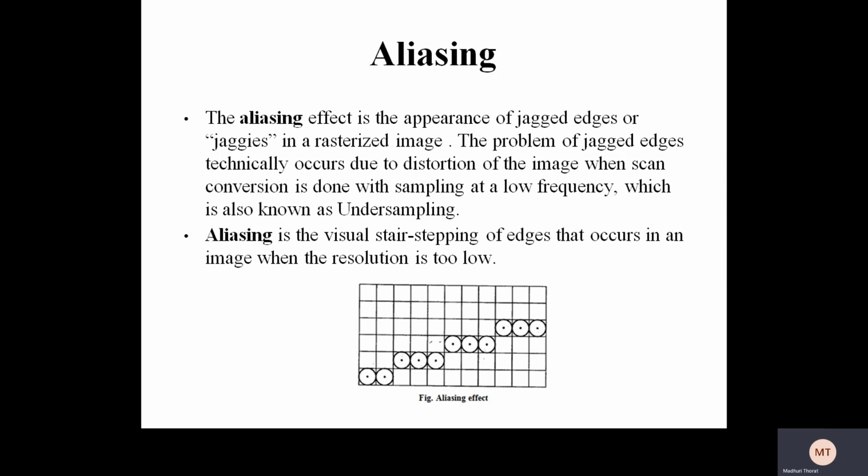We also see the stair steps or the jagging along the border of the filled region, especially when the resolution of the display is poor or low and if the display allows only two pixel states, that is the on state and the off state. See, this is in the figure. This is the effect of aliasing. That means the jagging effect. This is basically an example of stair stepping of edges.